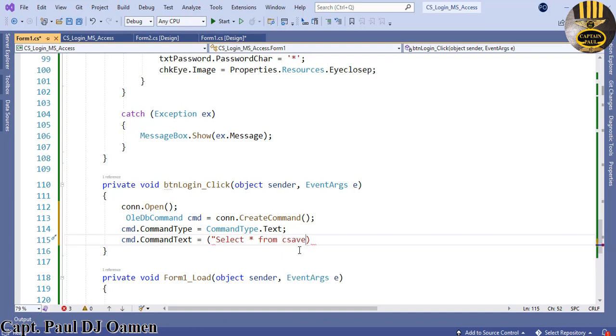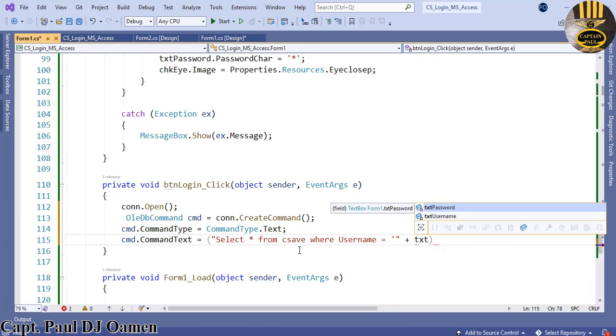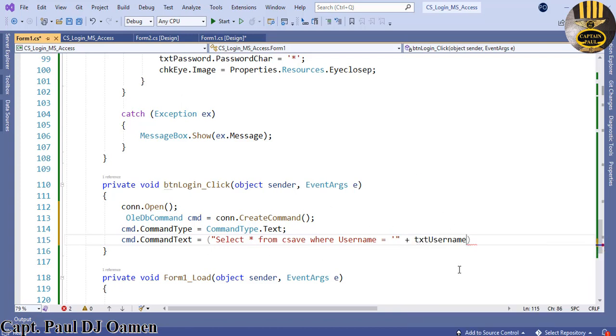Csave, from csave, where username, okay, that will be equals single quotes, double quotes, plus txt username dot text, that is the first one, plus double quote, single quote,